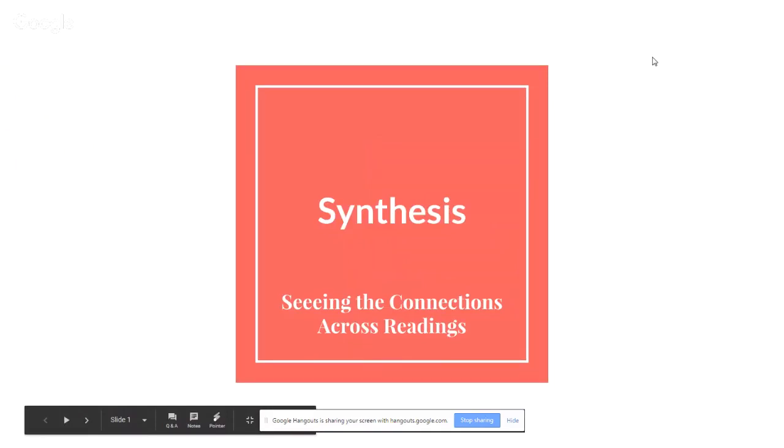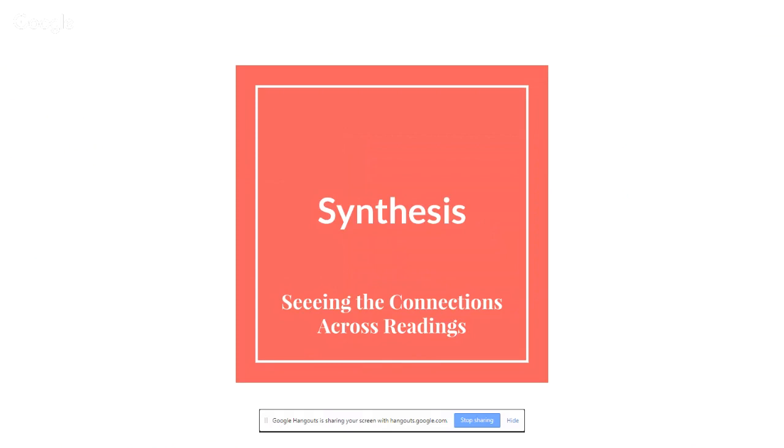Big new skill that we're going to be learning, but it's very much related to skills we've already been working on. So we're just sort of building another layer of our house,